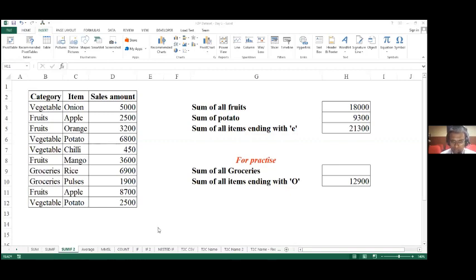As a part of today's session, I meant to cover AVERAGEIFS. There's another functionality called AVERAGEIFS. As a part of sum, we have SUMIF, and then we have SUMIFS, where you can specify multiple criteria. Now here I'm just specifying one criterion: either it has to be onion or it has to be apple. But what if I want it to be vegetable and apple? That is referred to as multiple criteria. That functionality works only with the IFS functions, like SUMIFS.